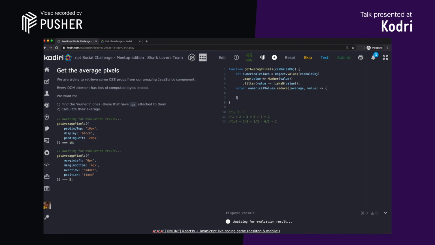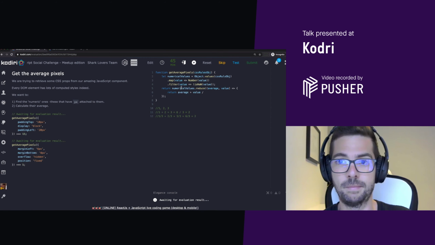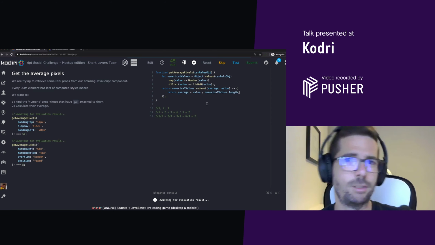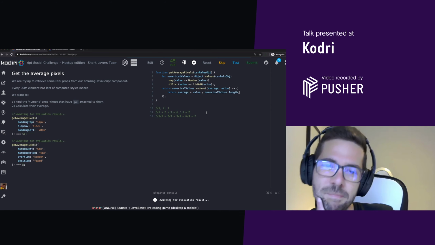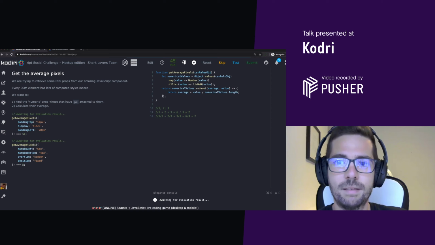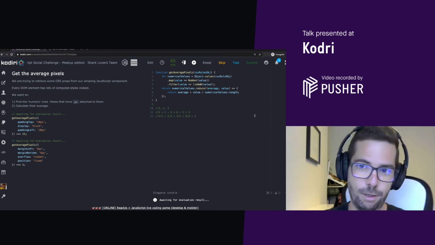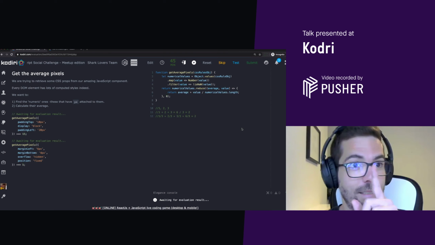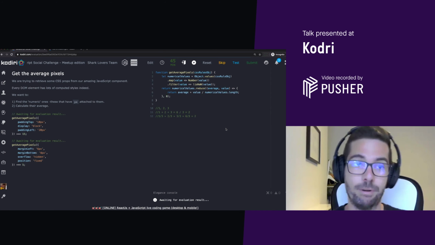All right. Based on that, what we need to do is return what? We got the average, the partial average, plus value divided by what? Numerical values dot length. That's correct. Is this going to work? We need to initialize the average to probably 0. That's correct, Lauren. We have to initialize the accumulator, because if we don't, that algorithm is not going to calculate the average correctly.